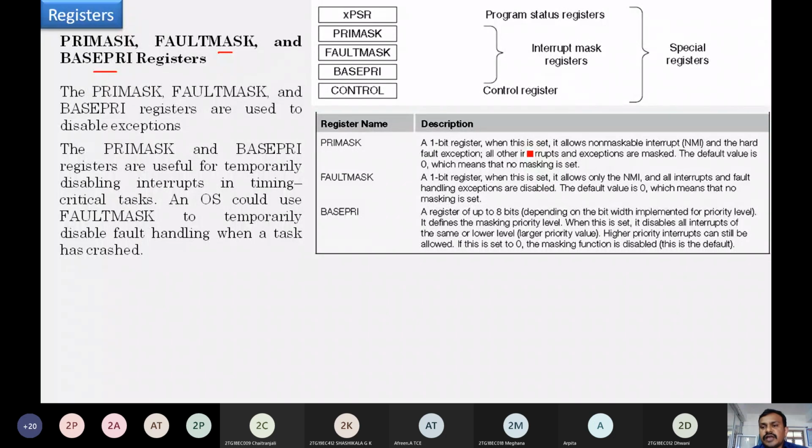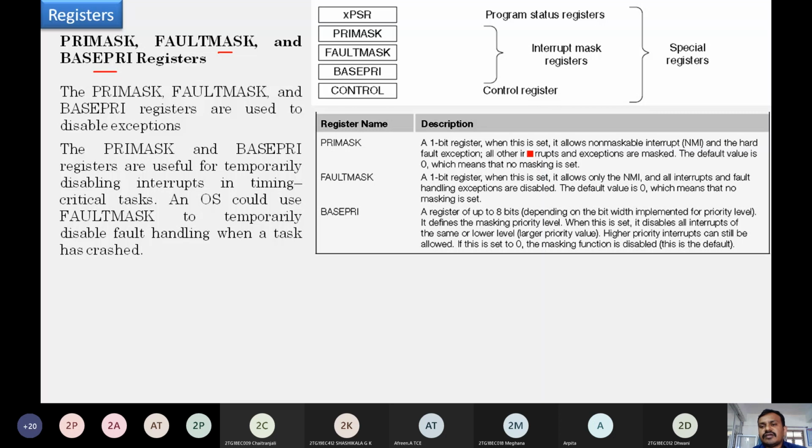How do we mention this in the processor or controller? It is done by setting the value of this particular PRIMASK register. When it is 1, meaning when it is set, it allows a non-maskable interrupt and the hard fault exception. All other interrupts and exceptions are masked.